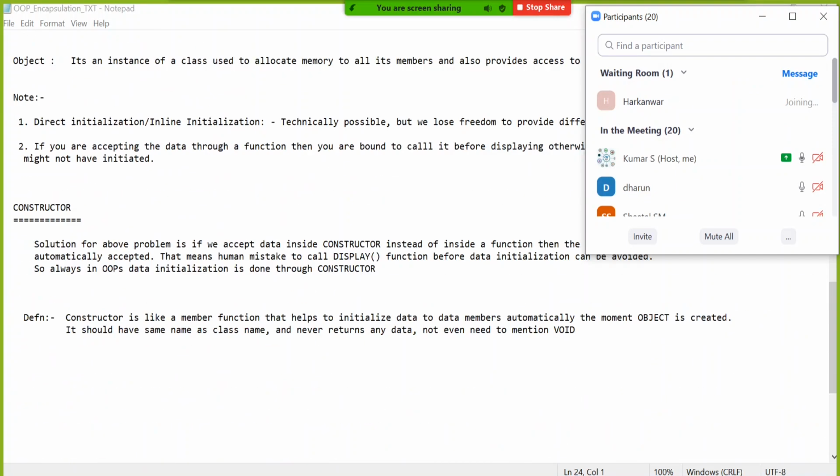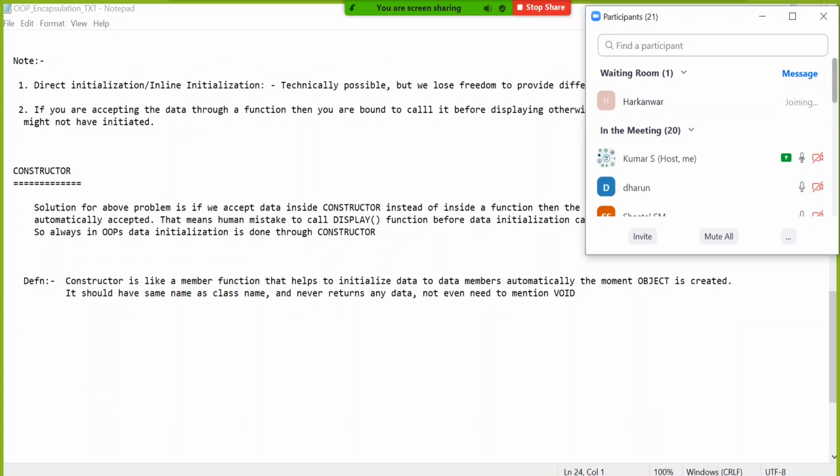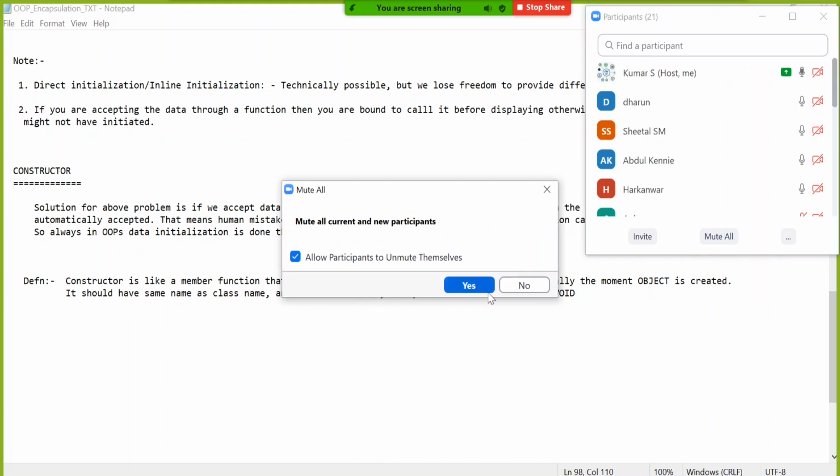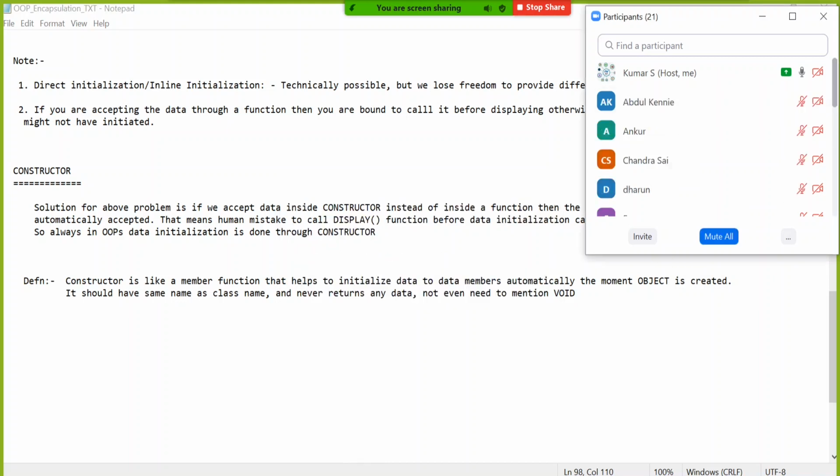What else do we need to know about constructors? When we say constructor, it is initializing the data. If you have to give a single quick answer to what a constructor is, you say a constructor is like a function that is used for initializing the data. So today we will see the different categories or types of constructor.